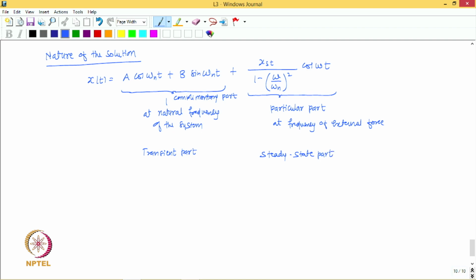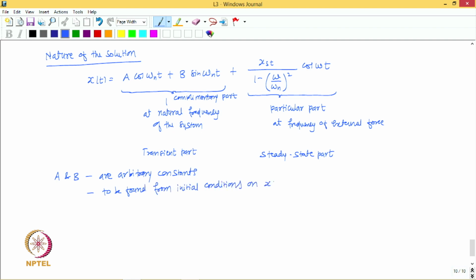Okay, and hence it is also referred to as steady state part. Now, A and B are arbitrary constants, and they are to be found from initial conditions